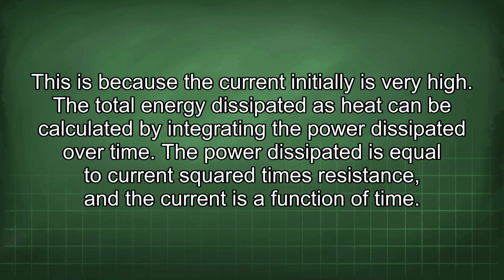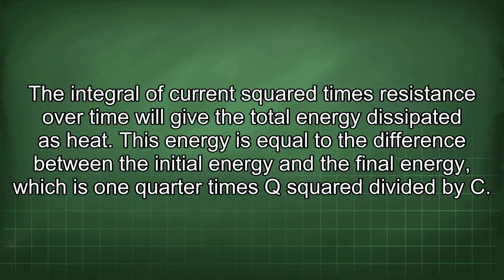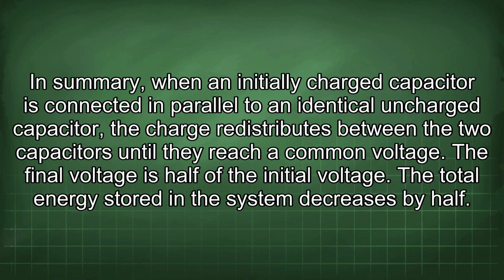The power dissipated is equal to current squared times resistance, and the current is a function of time. The integral of current squared times resistance over time will give the total energy dissipated as heat. This energy is equal to the difference between the initial energy and the final energy, which is 1/4 times Q squared divided by C. In summary, when an initially charged capacitor is connected in parallel to an identical uncharged capacitor,